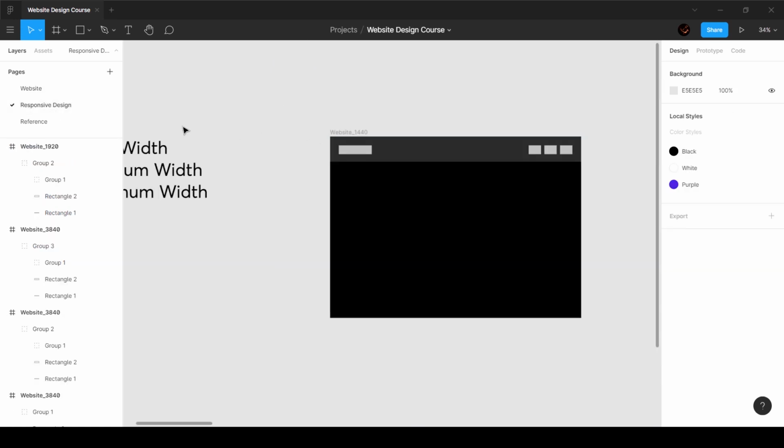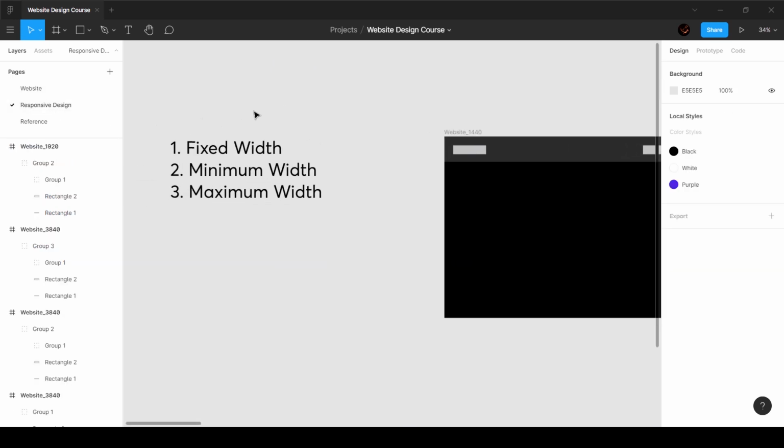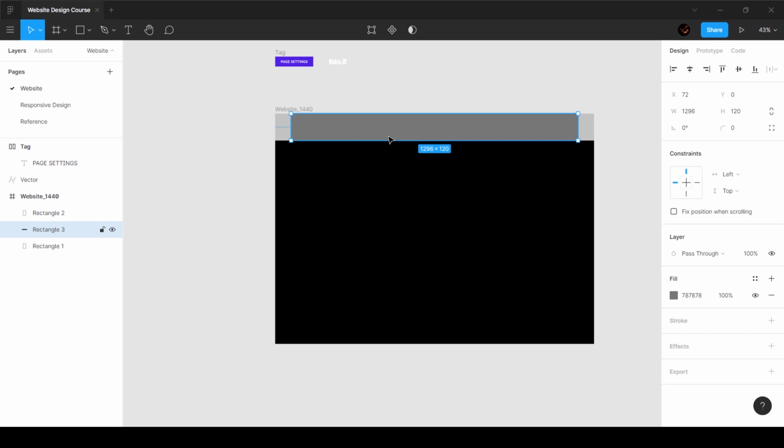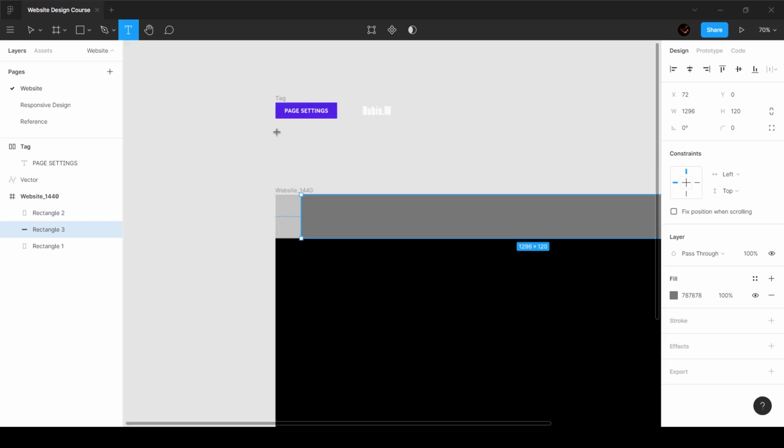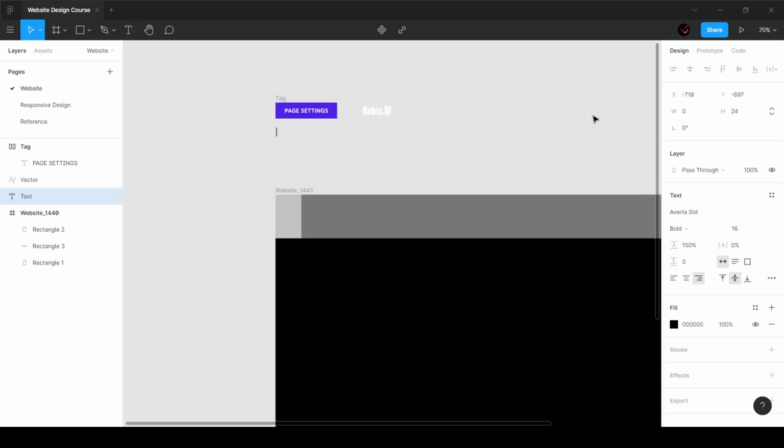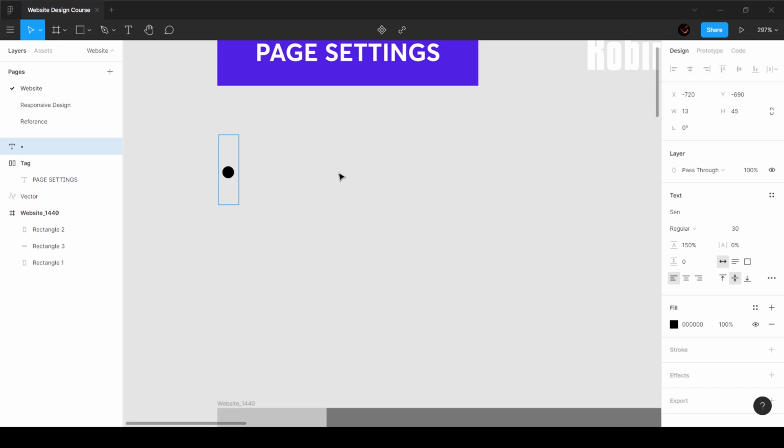Now, if you remember, I mentioned that we are not going to add a fixed width. We are not going to add a minimum width. We are going to be adding a maximum width. Which means I cannot define a fixed width for this, but I can set a grid for this. So first of all, I'm going to start off by pressing T on my keyboard to create a text, and I'm going to write, page